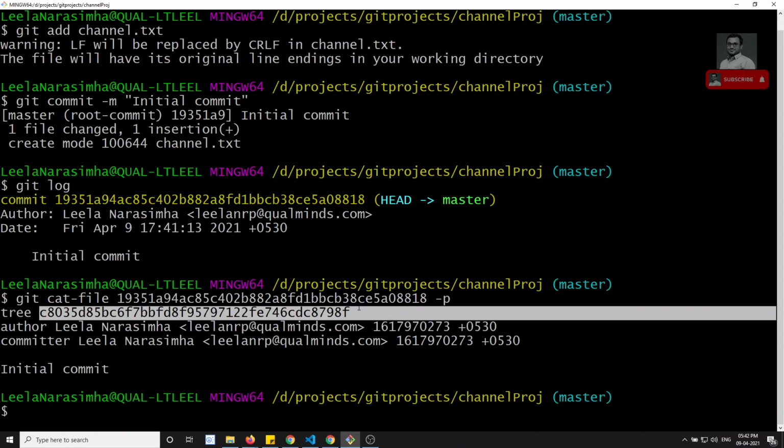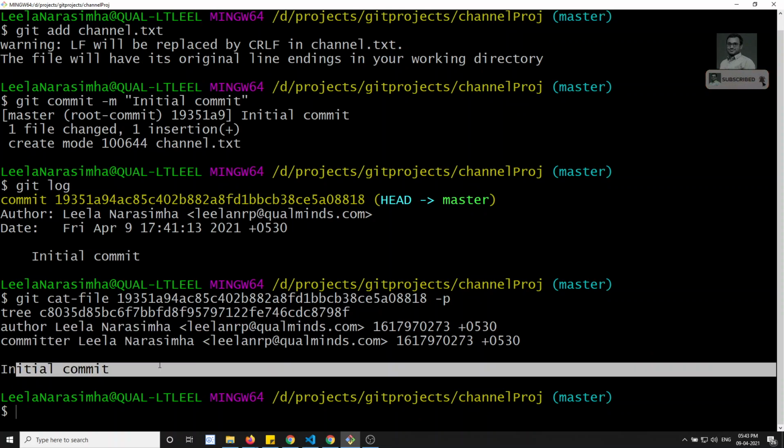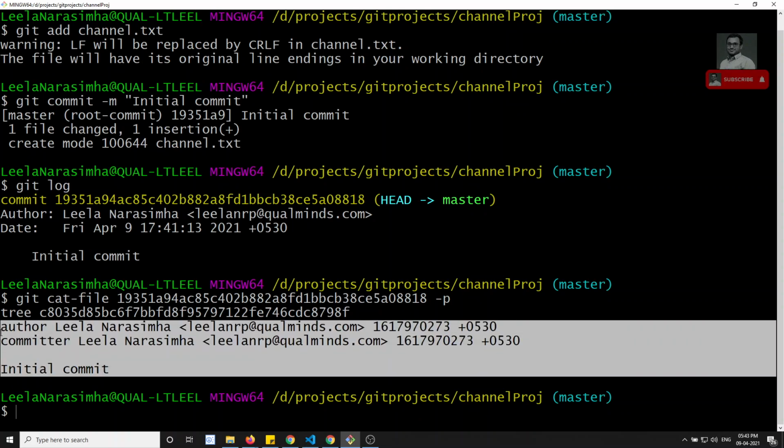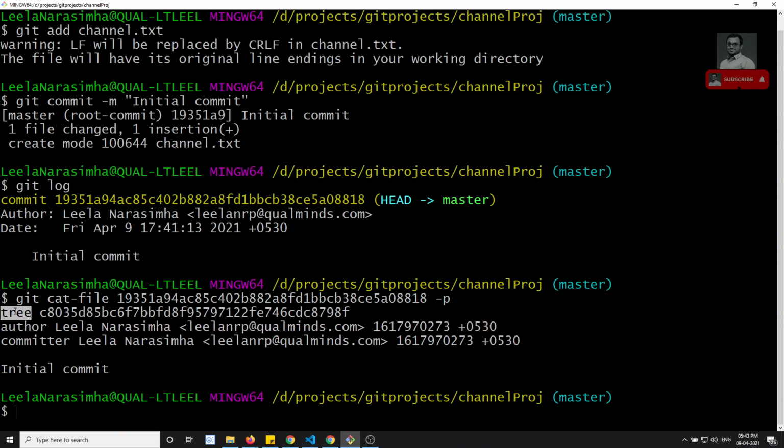That means this commit hash is referencing another hash. This hash represents the commit, right? So who is the author, who committed, the timestamp, who is the committer, and what is the commit message.